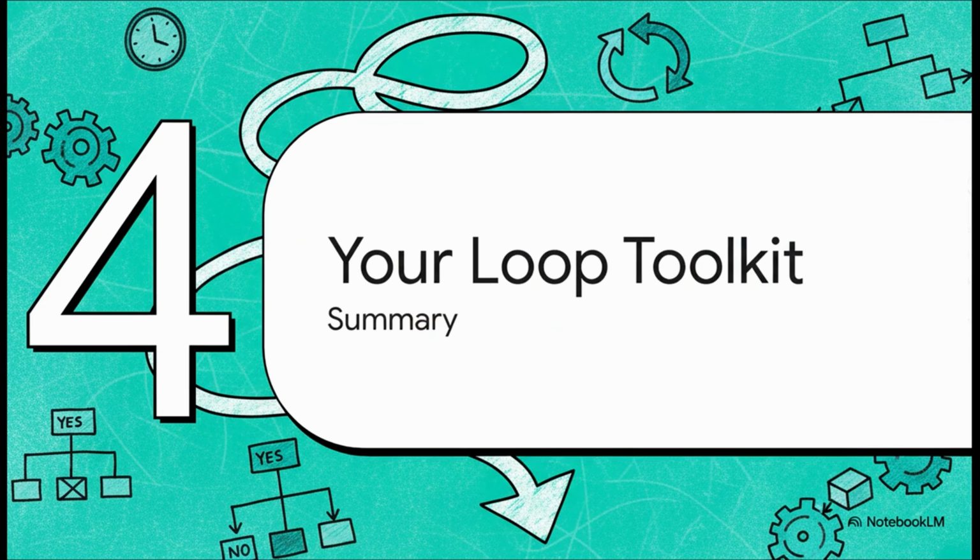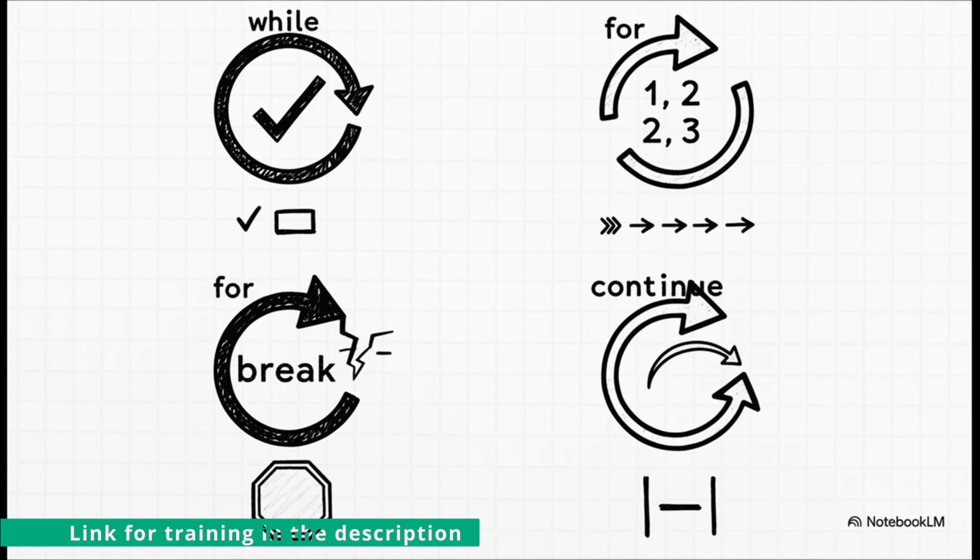Okay, we have covered a ton of ground and added some seriously powerful tools to our belt. So let's take a quick breath and just lay out everything in our new loop toolkit so it's fresh in our minds. So let's do a quick review. Your basic bread and butter loop that runs as long as a condition is true, that's your while loop. Need to make absolutely sure the code runs at least one time? Go for the do while. Got a specific number of repetitions to get through? The for loop is your best friend, your all-in-one power tool. And when you need that fine-tuned control, break slams on the brakes and stops the whole thing, and continue just skips to the next round.